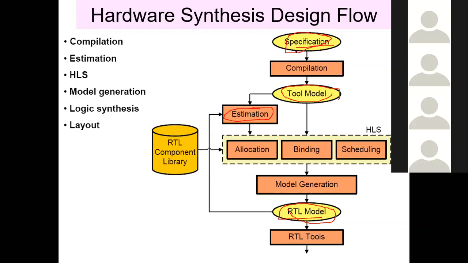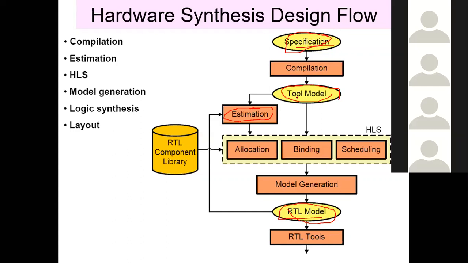No, sir. Okay. So the hardware design flow has as input the specification, which will be in some high level or modeling language. That means we can have C or SystemC as the input. The functionality of the corresponding design for this block will be defined in the C language. From that we do the compilation. That's the first stage. The output is the tool model, an intermediate model that is understandable by our design tools.